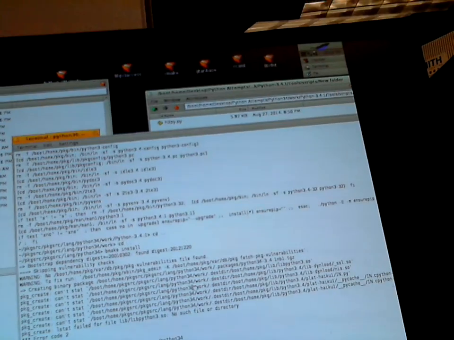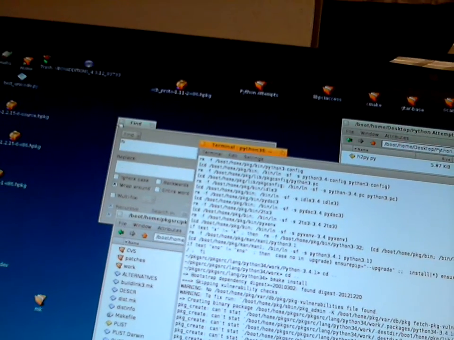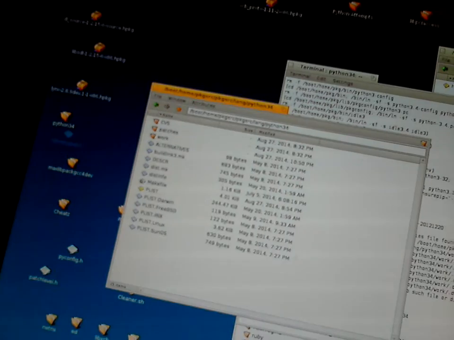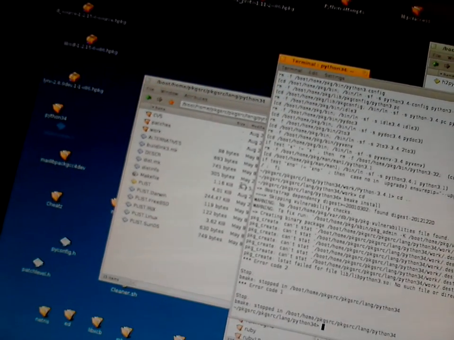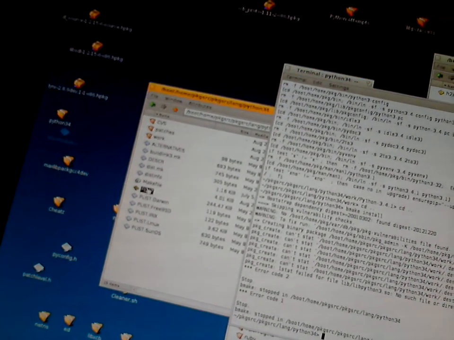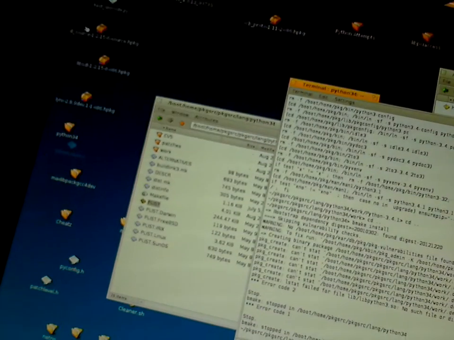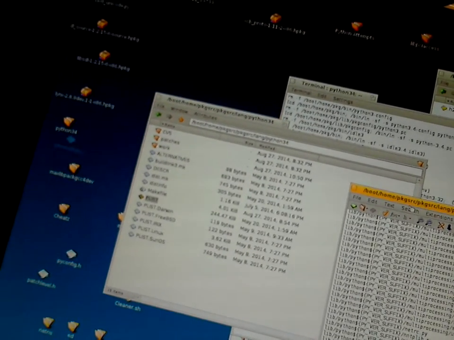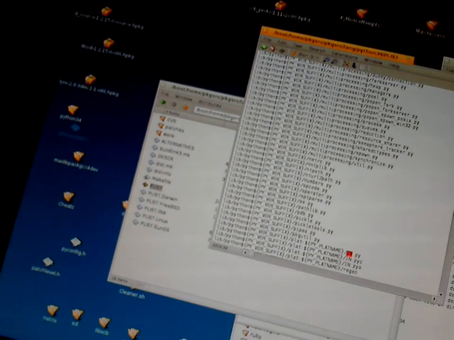So I gotta go through this package list now. I would say that's the most successful build. That's pretty successful. Wrong editor. If I was better at scripting, I'd just script it out, but